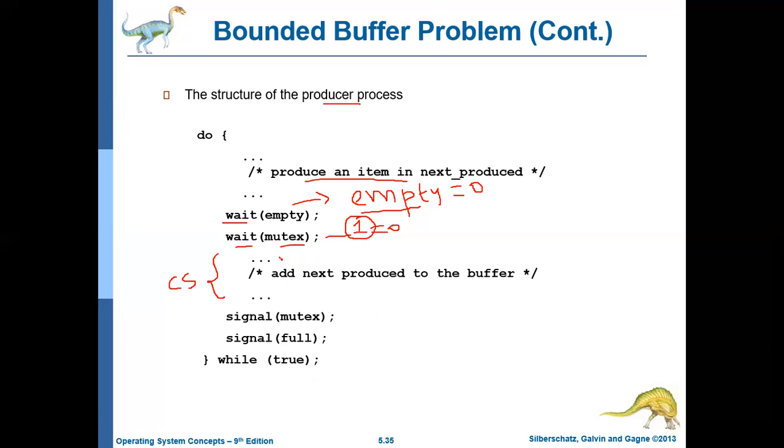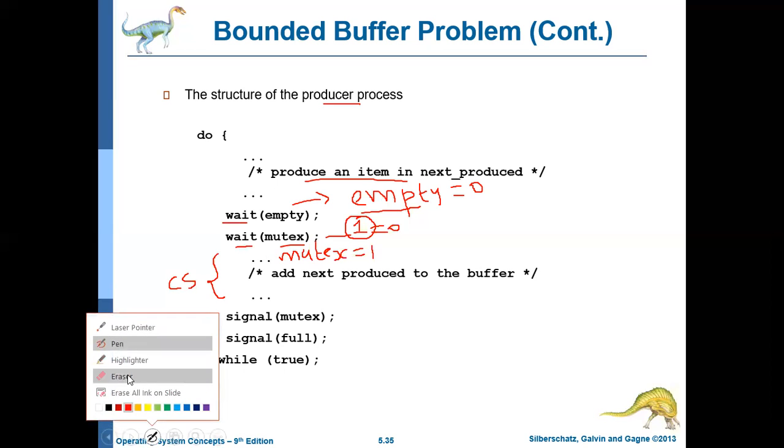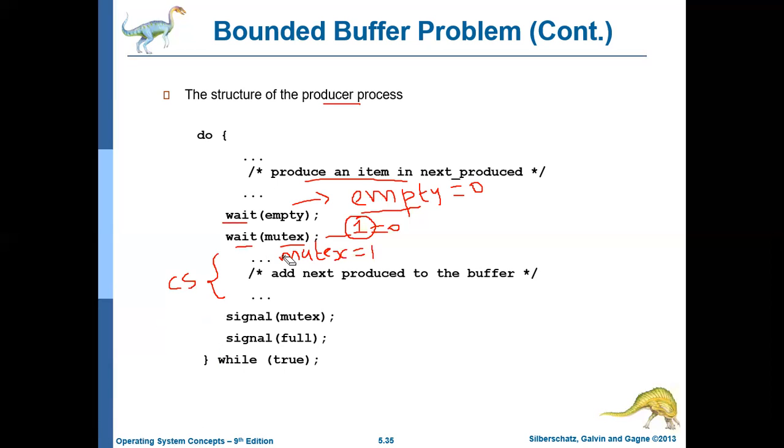But immediately after coming in, first it will make mutex equal to 1, because now this producer is in the critical section. So it should make mutex 1. Why am I saying this? Because after completing the critical section, immediately